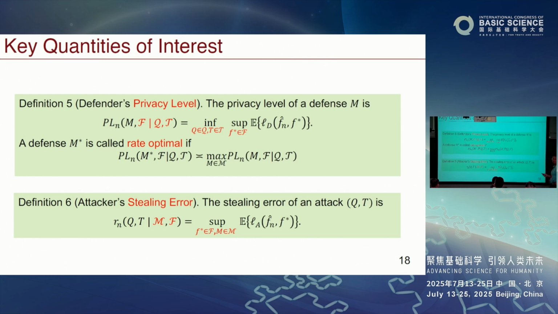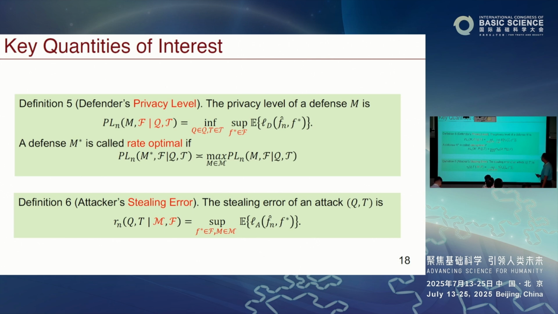Any burning questions? Yes. The attacker sends the query, whatever strategy, and then gets the response. Then you have many pairs, query xi and response, and then he will try to learn F star based on that data. So that is F hat, following his learning algorithm. Any other questions for clarification?